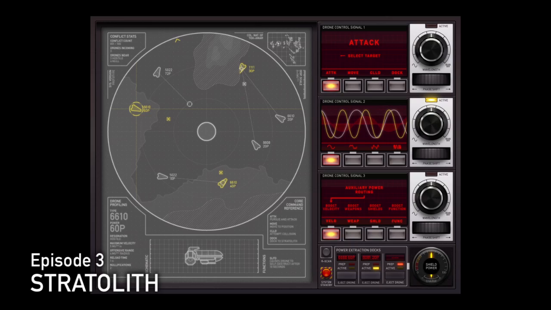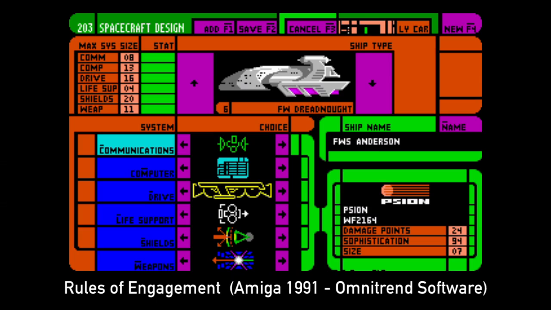Where did Stratolith come from originally? It comes from a core concept that you introduced. It was the idea of making a game that has all the action happening off-screen. Right, that was actually from an Amiga game that I was playing on an emulator that I used to enjoy back in the day called Rules of Engagement, which is basically a very serious, very somber